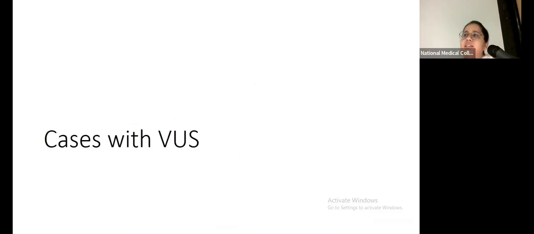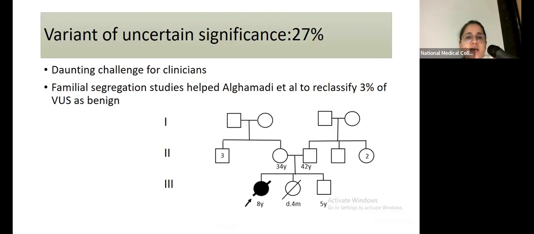Now let's look into the cases with variants of uncertain significance. A variant of uncertain significance is a daunting challenge. Even when the proband is alive, it's a daunting challenge, but at least when you have the person right in front of you in whom you've got the VUS, we can go for functional analysis of the various tissues of the patient to finally confirm the variant to be either pathogenic or benign. But what happens in cases when the proband is not alive and both the parents are found to be carriers of a variant of uncertain significance? This is a daunting challenge in various carrier screening studies that we have seen; it is difficult for the investigators to classify these variants.